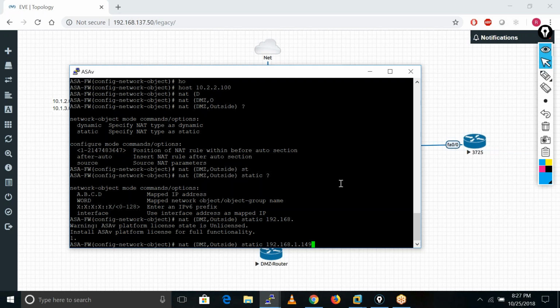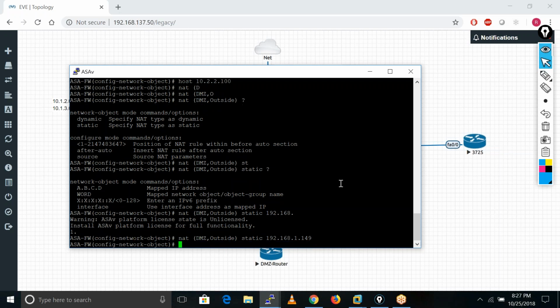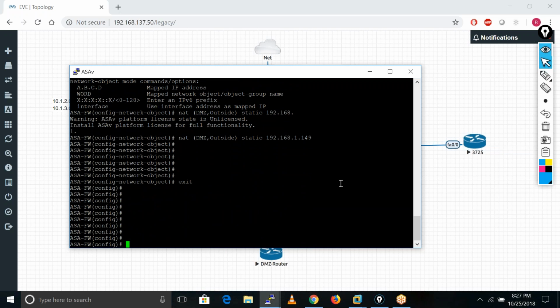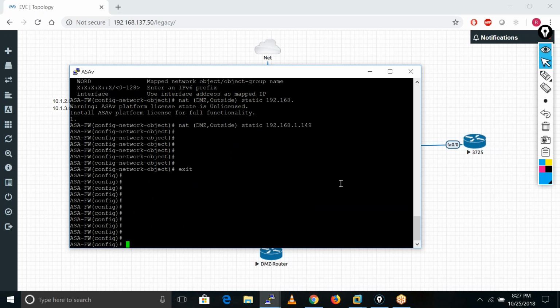Let's suppose this is the public IP which we got from the ISP. We are done with the static NAT configuration for the DMZ server.